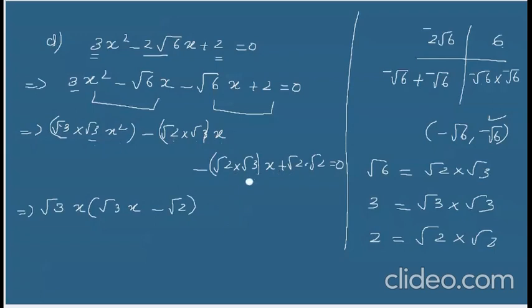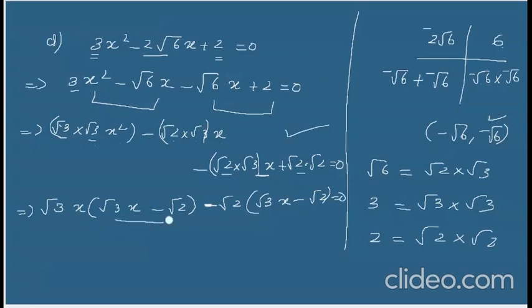Okay. Now look at here. Here root 2 into root 3 into x and here it is root 2 into root 2. So what is common? It's very clear, root 2. So I'm going to take minus root 2 outside. So what's remaining here? Root 3x. Okay. So plus root 2 into root 2. I've taken one negative sign outside, so this will become negative. Out of positive, one negative. So inside the bracket, there must be negative. Again, one root 2 is taken out. So remaining is another root 2. This is equal to 0. So please note this step very carefully.